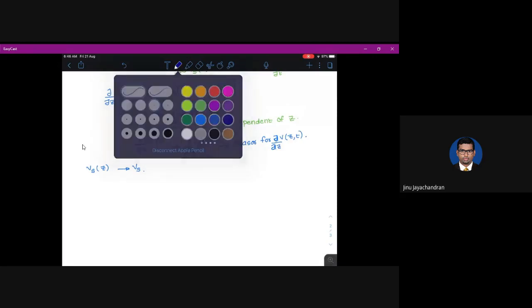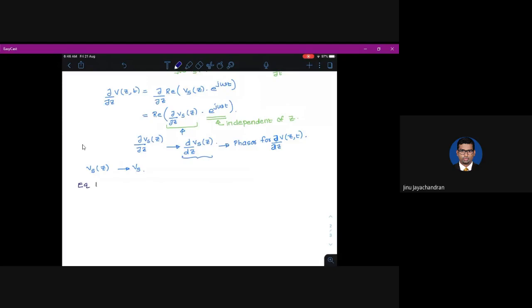So I can write equation 1 as: we know that ∂v of z comma t by ∂z is dVs by dz. As I told earlier, I am omitting the z in Vs of z because we know Vs is a function of z. So there's a minus sign here. So this is equal to R into